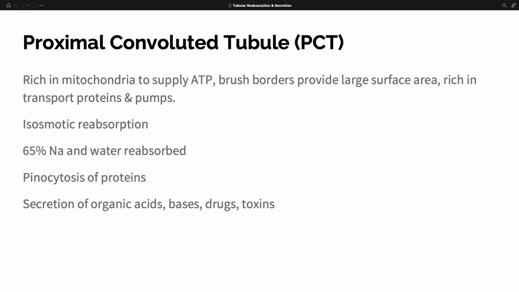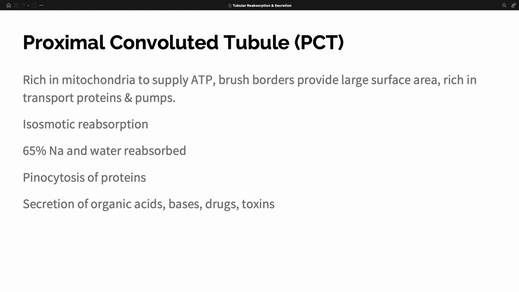In addition, you should know that the brush borders lining the luminal side of the PCT cells, the luminal side meaning the side of the cell that's facing the lumen, have a large surface area, which helps in having a large number of transport proteins and pumps to reabsorb the substances from the filtrate into the PCT cell and